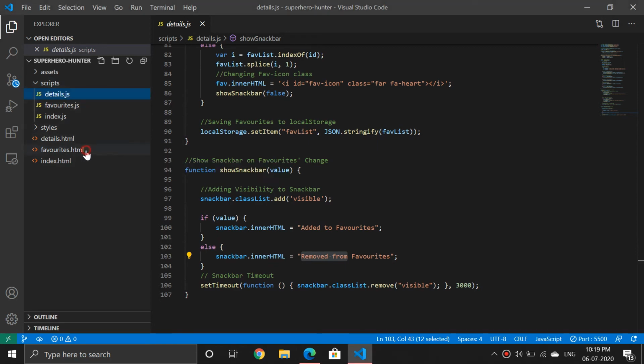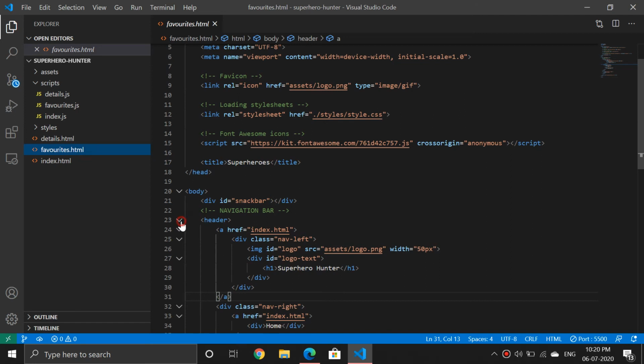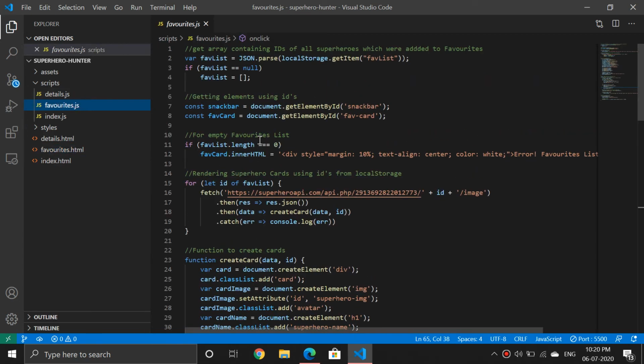Then there is the favorites page, which has mainly 2 things in the body: the header and the main. The main only has a favorite card container, so all the appends are being done in favorites.js.